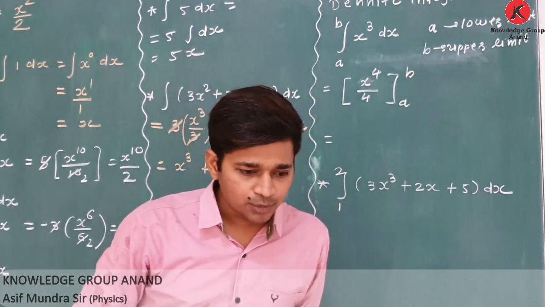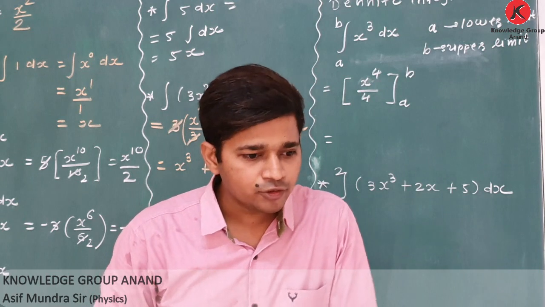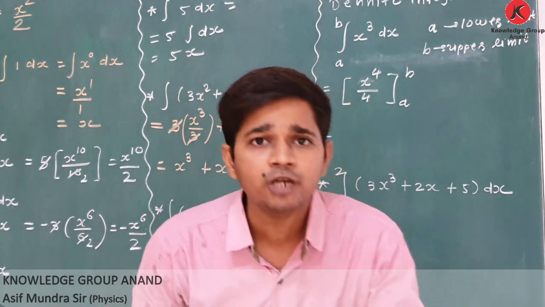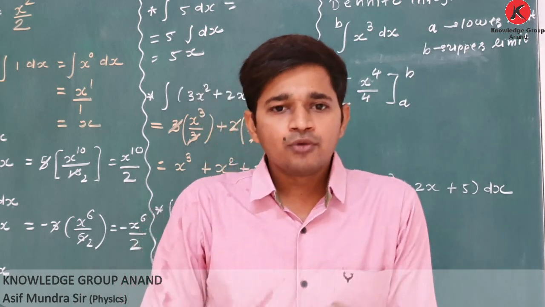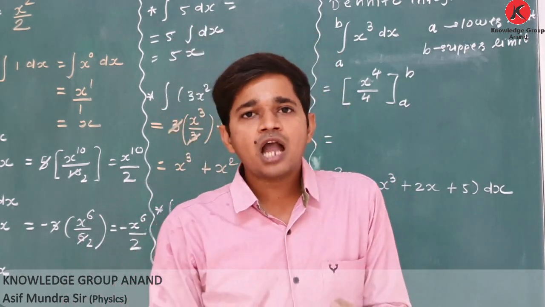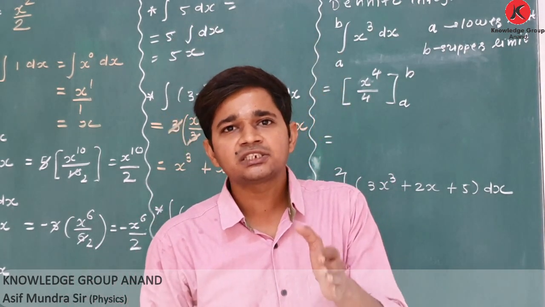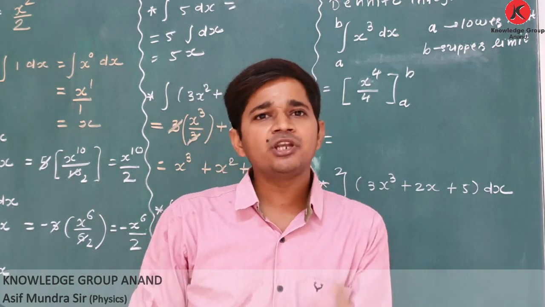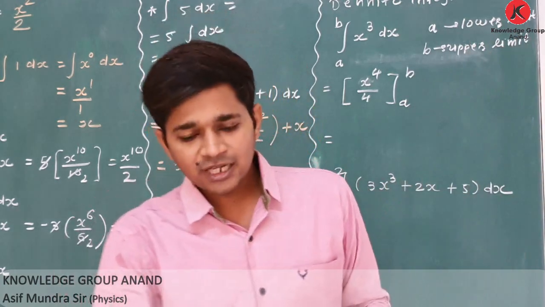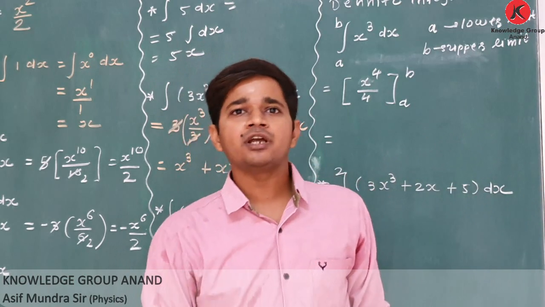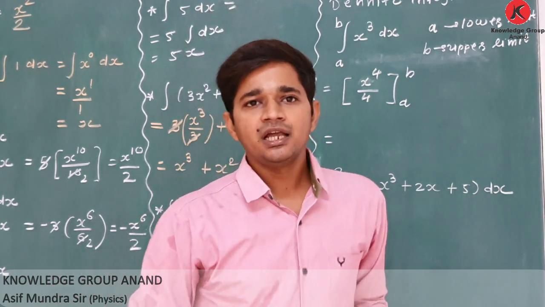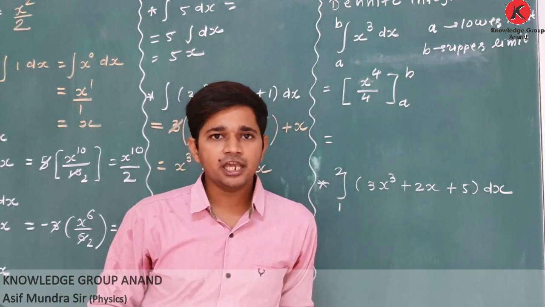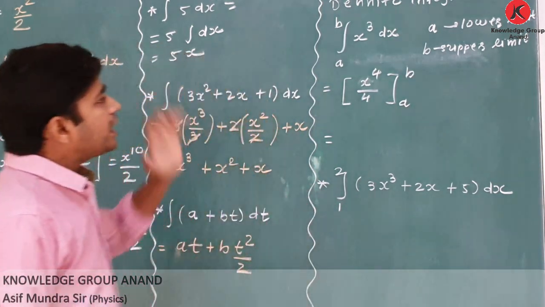For example, if we want to calculate population of some region, then we will give some limit. You have to find population within 5 kilometer to 10 kilometer. So that 5 kilometer to 10 kilometer, it is called limit. Okay, see how to write limit.